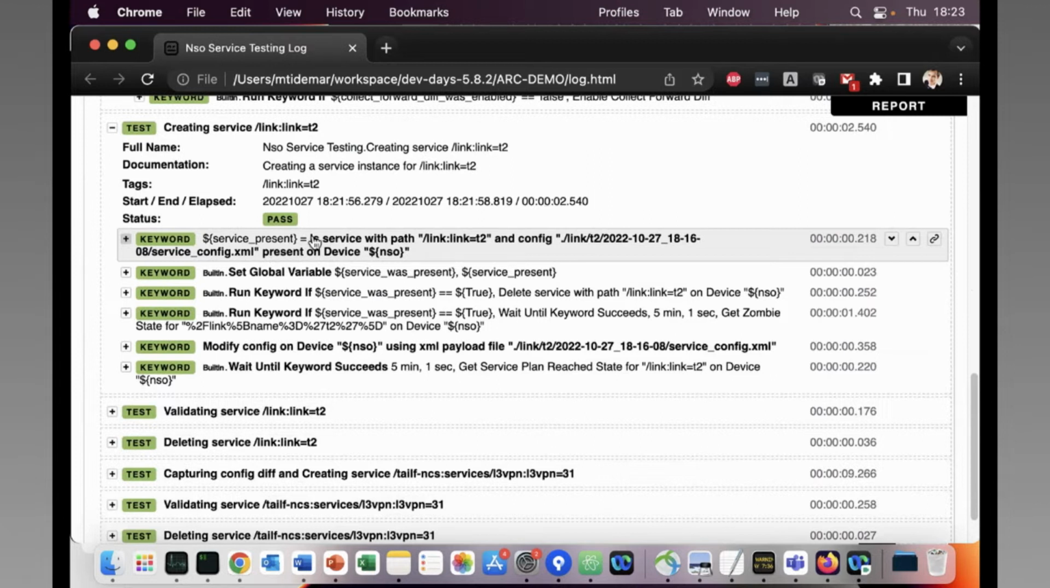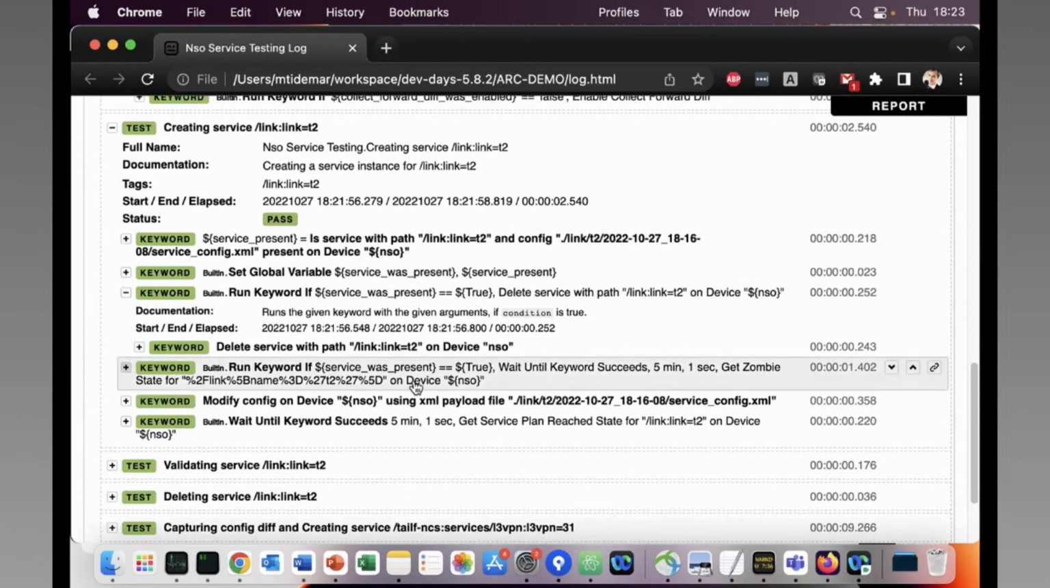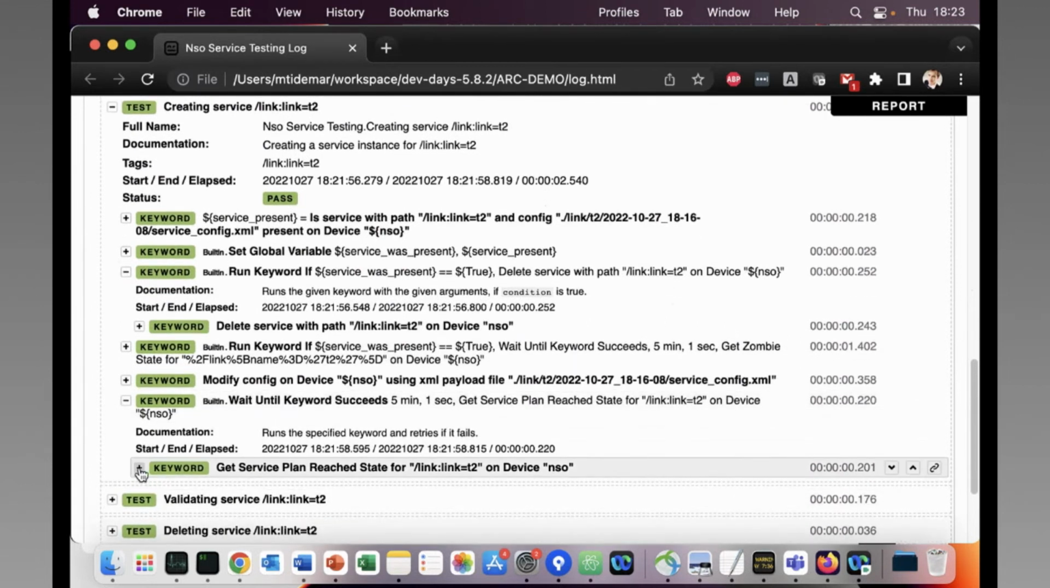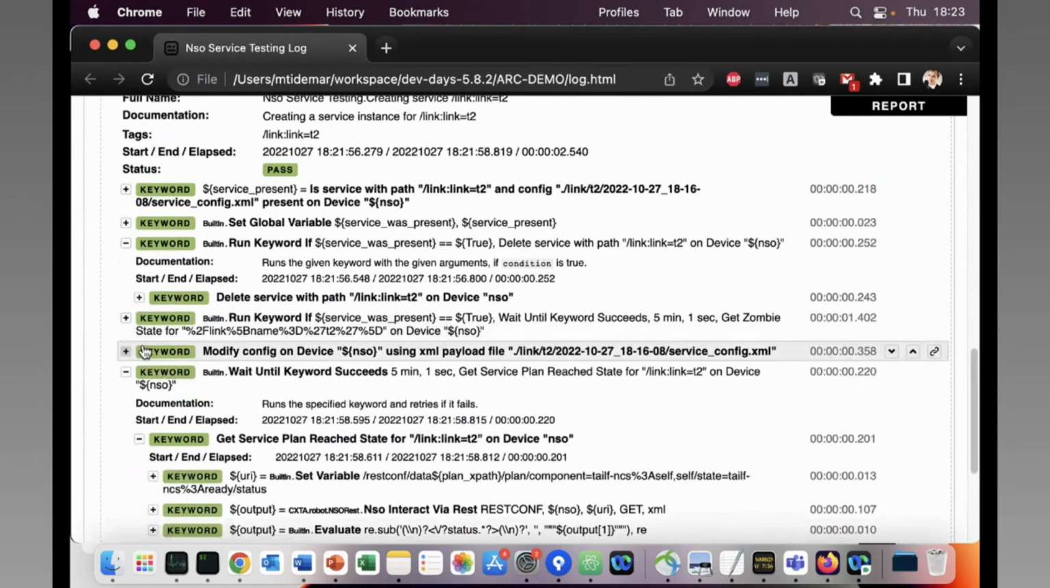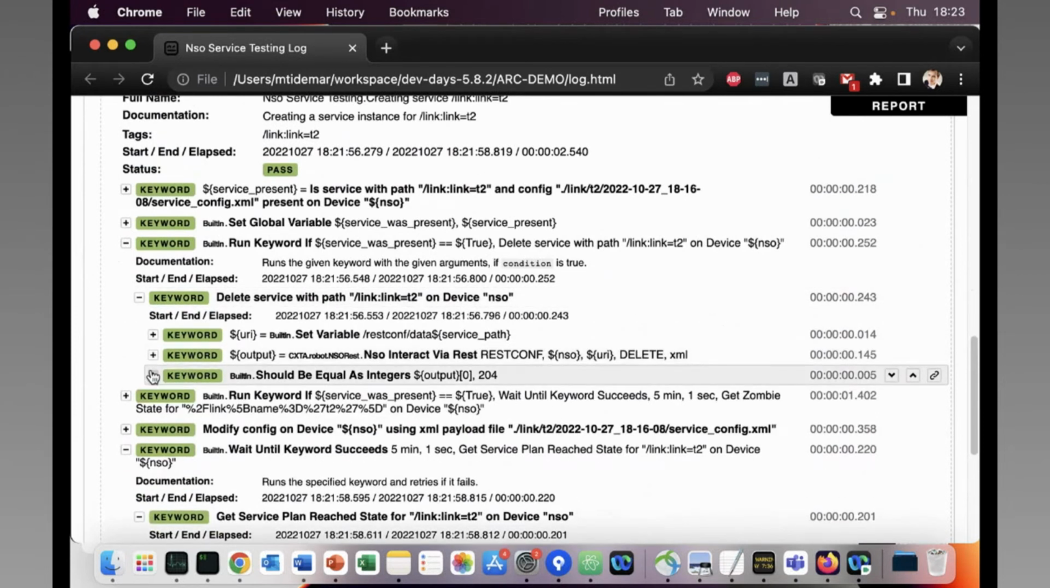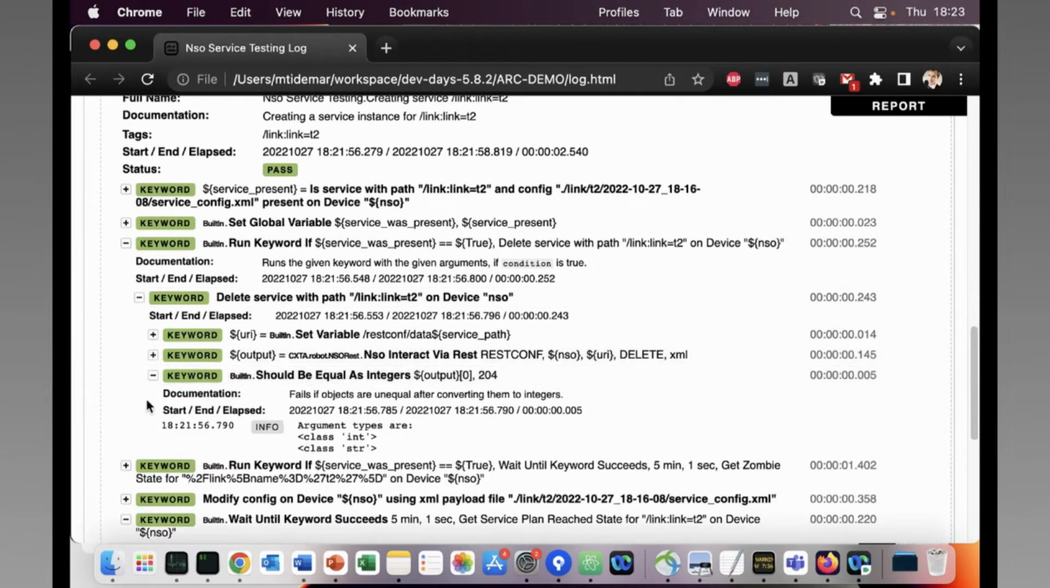If the service is already present in your system, we check this and we set a variable. If this variable is set to true, we delete the service instance in your system. And in this case, this being a nano service, we are automatically also checking that we have nothing in the system. So deletion, we are looking at